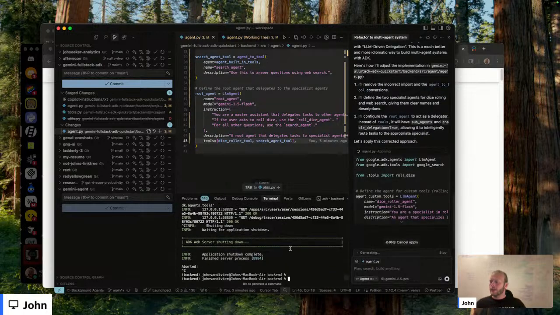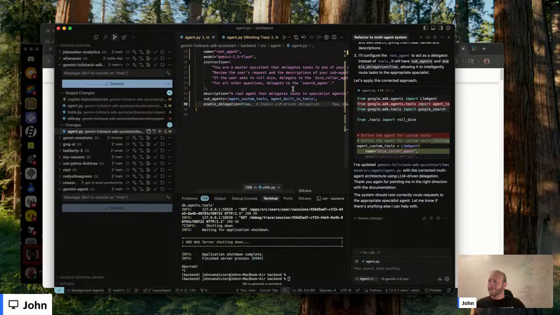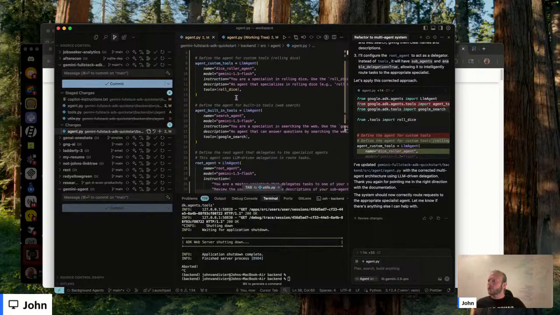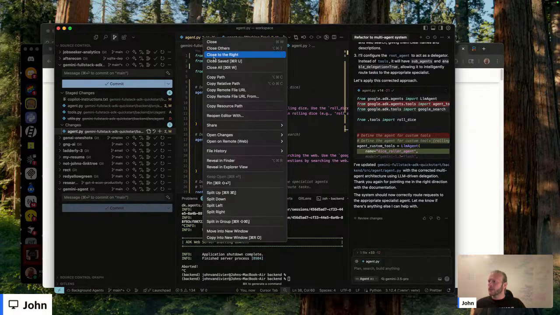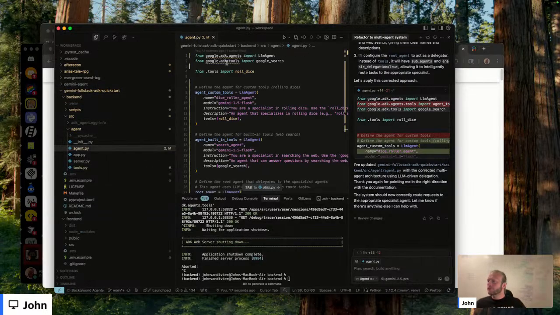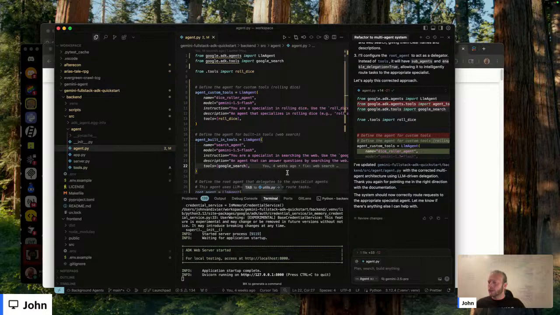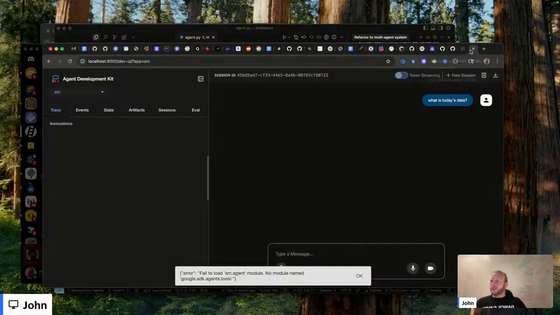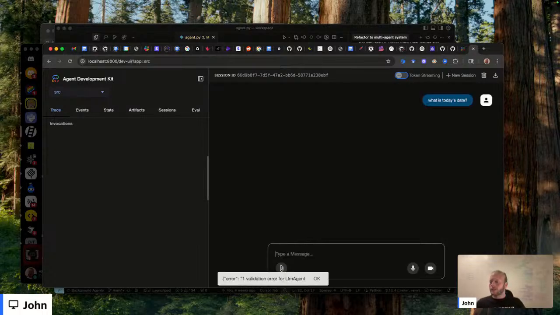I'll go ahead and stop my agent server and accept these changes. 1, 2, 3. Now I see the 3 that I expect. I'm going to close all these just because the tab to utils is kind of freaking me out. And let's run ADK. It came back. What a bummer. I don't know why that's there. I might need to close Cursor to get rid of that. Okay, and so here I'll refresh the page. Source is already selected. What is today's date? Here I'm expecting it delegates to the